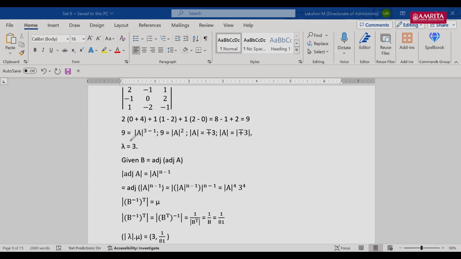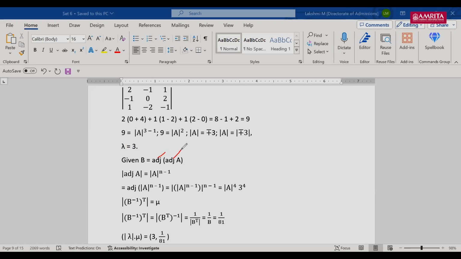But in the question itself, they are asking for mode of lambda, so it's the positive one. The 3 is the value that I have to take. It's not plus or minus 3, it's just plus 3. And you could quickly look into the options also. The options start with 3. The next will be either 81 or 1 by 81, because there are only 2 options that way. Now coming to the next part, in order to find B, here it's given as adjoint